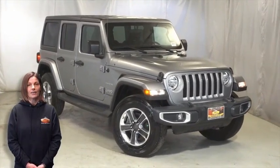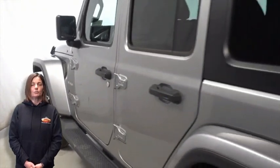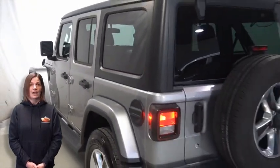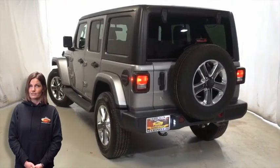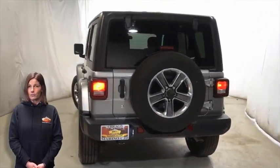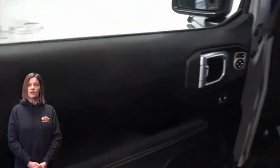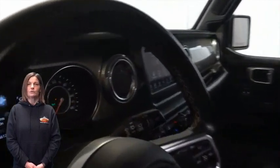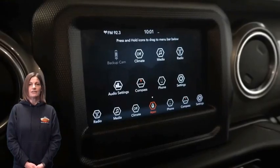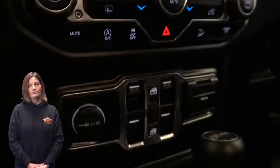With automatic headlamps, front fog lamps, 18-inch aluminum wheels, black 3-piece hardtop, body color fender flares, rear window wiper and washer, front bucket seats, steering wheel mounted audio controls, 13,000 miles on the odometer, 7-inch touchscreen display, rear backup camera,